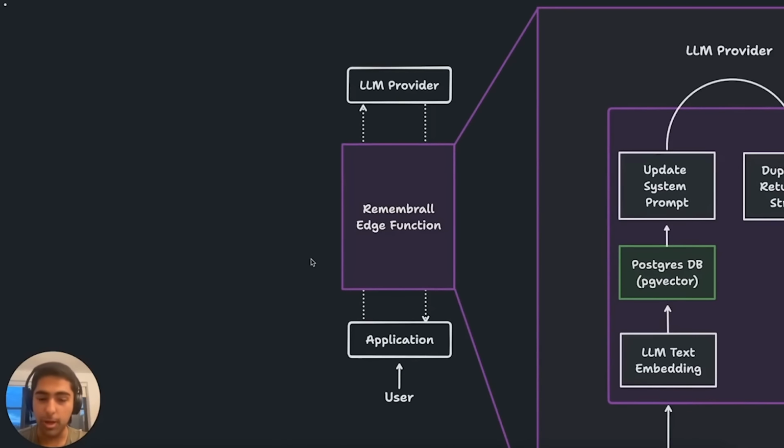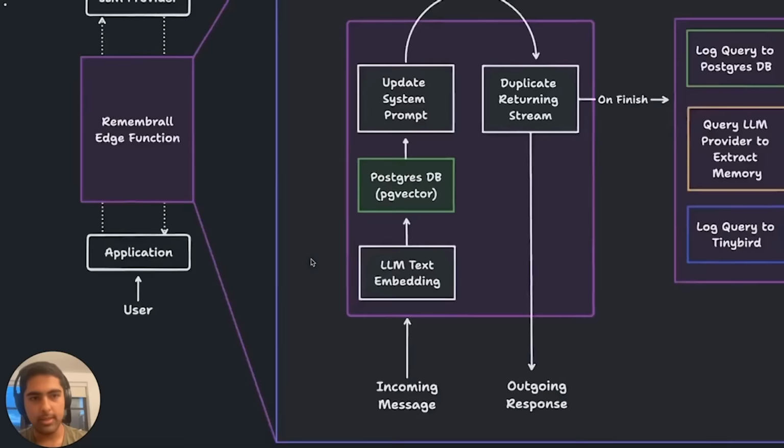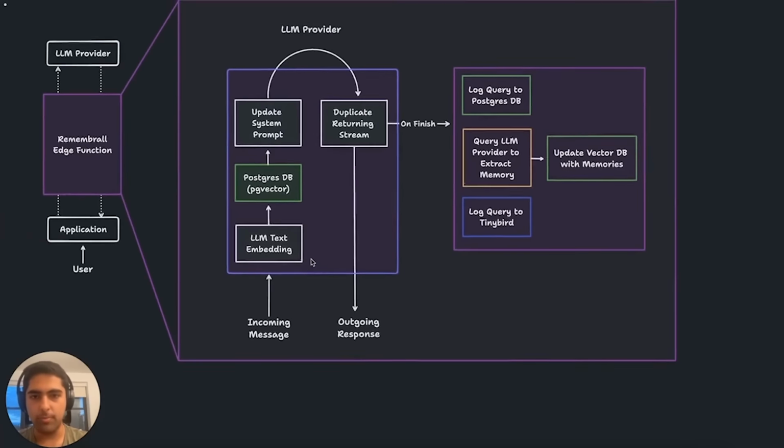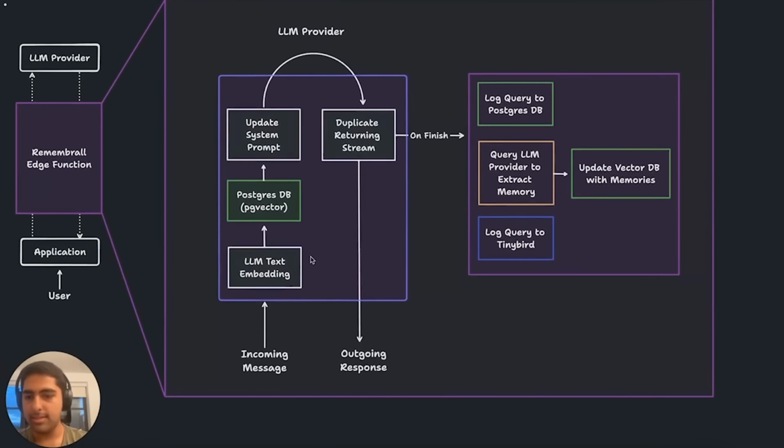Let's actually break down what's going on inside of this edge function and how and why we're doing this. You can see I've drawn an expanded view of this edge function right here. The incoming message comes in, and the first thing we do is calculate a text embedding for that incoming message. You can think of the text embedding as a vector representing the approximate meaning of the text that the user entered. Then we make a lookup in a vector database. I'm using Postgres, and pull all of the most relevant memories associated with that user, things that I should remember, and I pull those out from the database. And then I add that to the prompt that is sent to the LLM provider. So that's these three pieces right here.